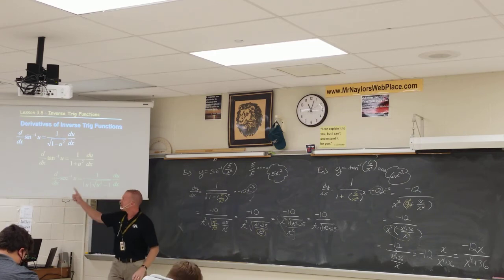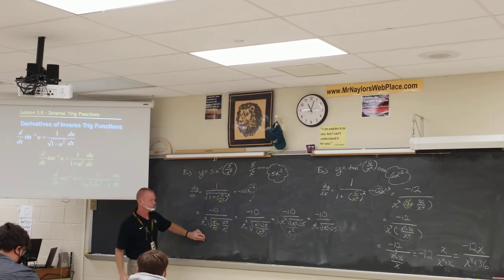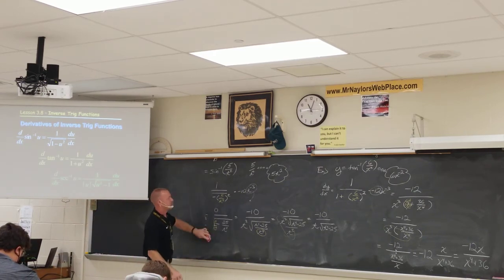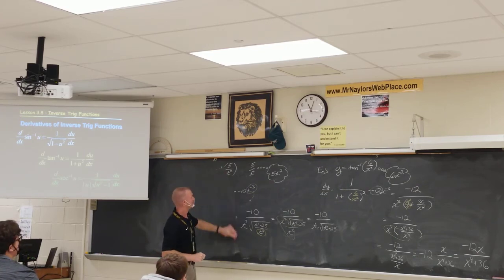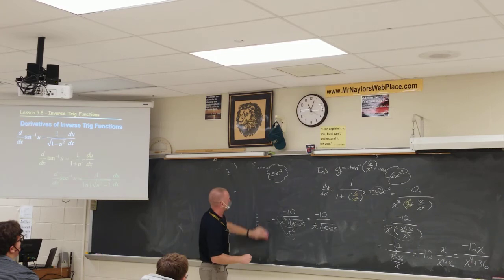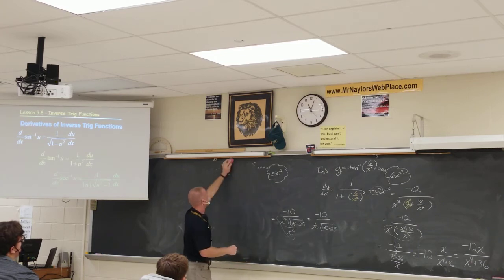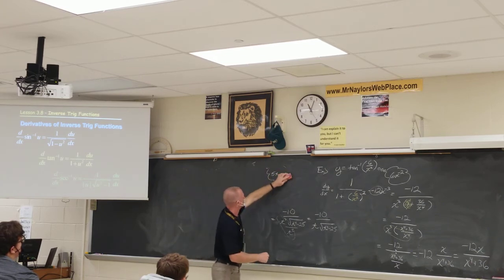You might notice that we didn't do anything with inverse secant. Let's talk about inverse secant. It's got that absolute value symbol there. So when you multiply the x over x to the 4th plus 36, how does it say x plus plus minus